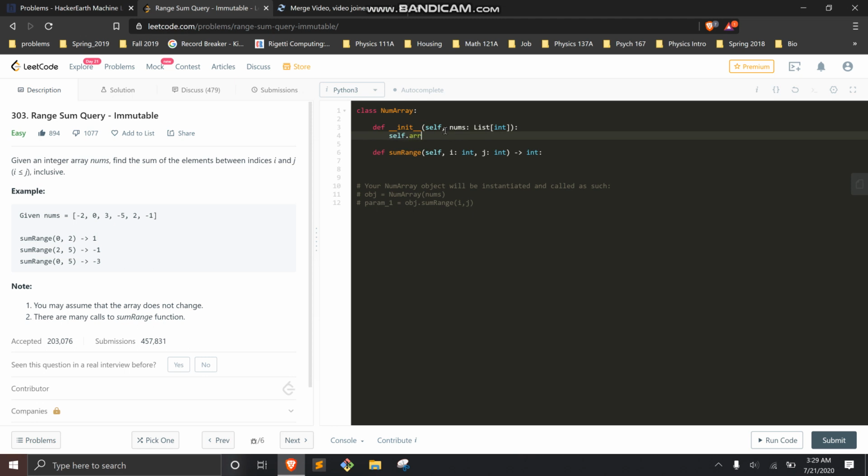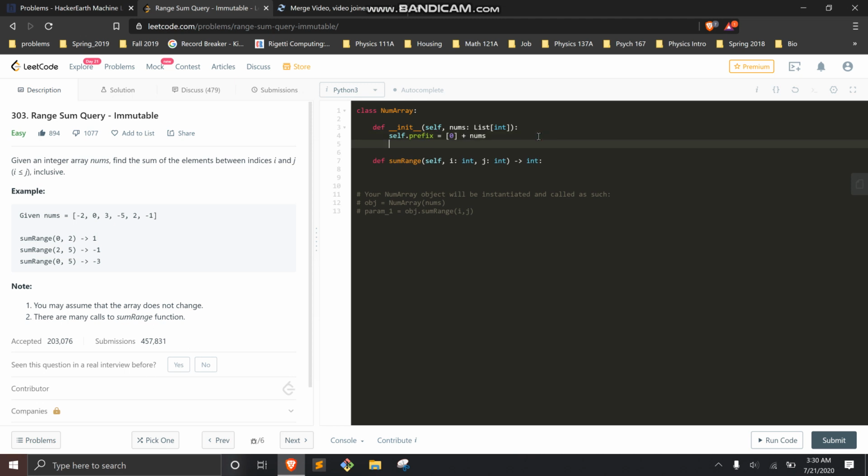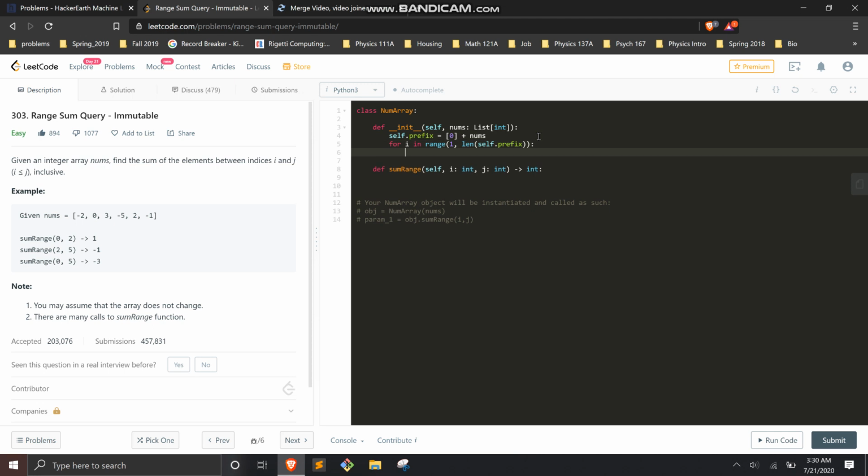So literally, how I would go through it is something like this. Create self.prefix equals 0 indexed plus nums, for i in range of 1 to length of self.prefix. Take self.prefix at i plus equal to self.prefix at i minus 1 plus nums at i minus 1, because